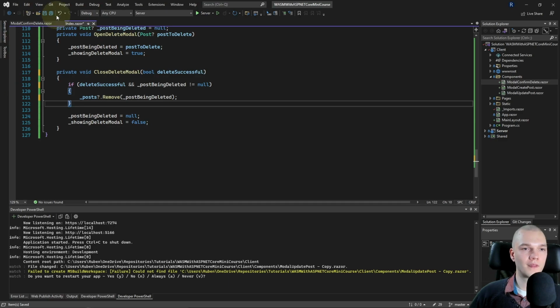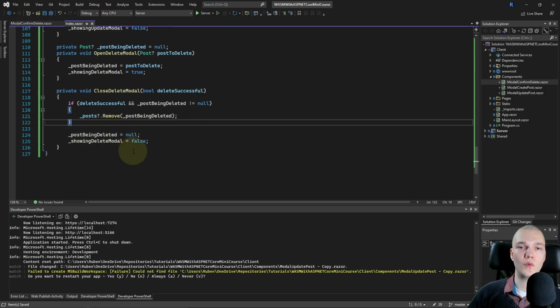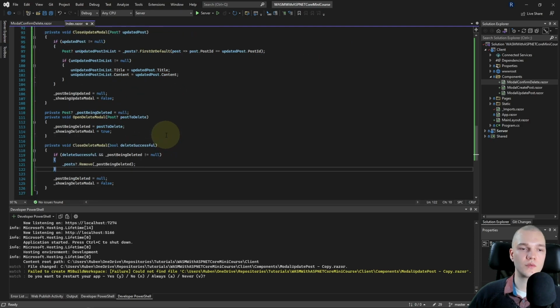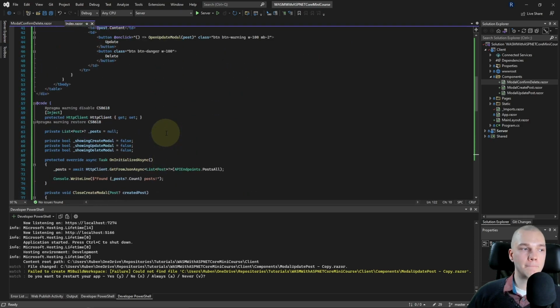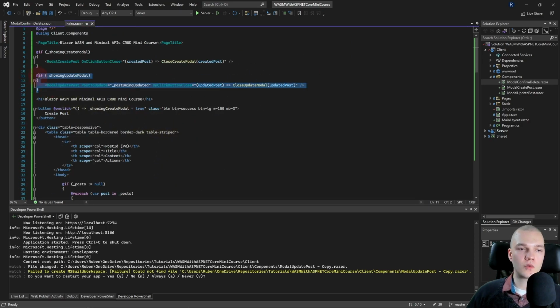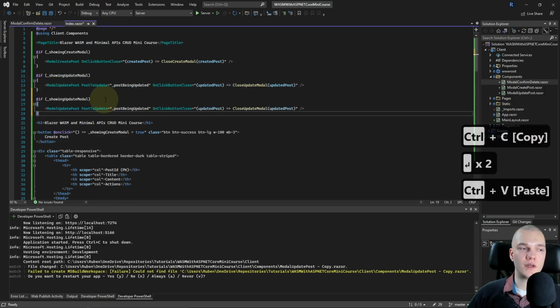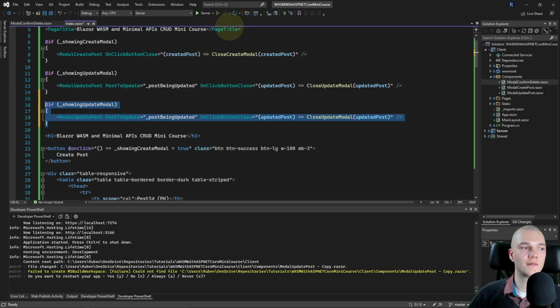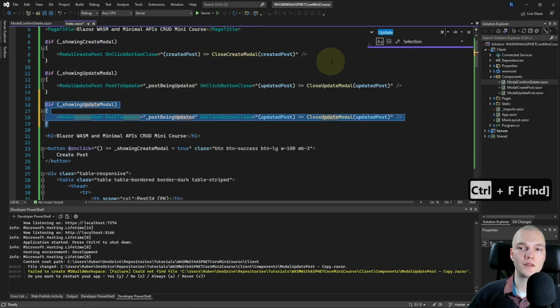Alright, and save that. Okay, now let's show the confirm delete modal when a delete button is clicked. So I'll scroll up. And I'm gonna copy and paste the showing update modal if statement. And I'll select it. And let's use find and replace again with Ctrl F. Set it to selection, match casing.